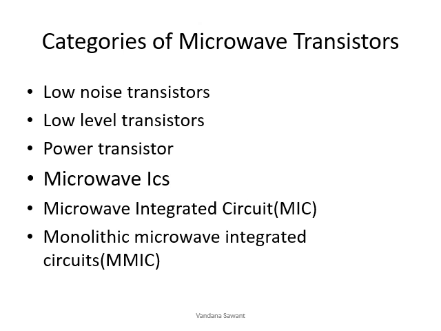There are various categories of transistors that can be used in handling microwave signals. First is the low noise transistor. Low noise transistors are mainly called LNA, that is low noise amplifiers. They are used for low noise amplification applications. Then low level transistors are used for driving IF stages. Next, the power transistors are used for driving power amplifier stages, which are used in